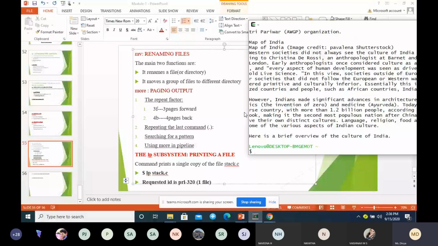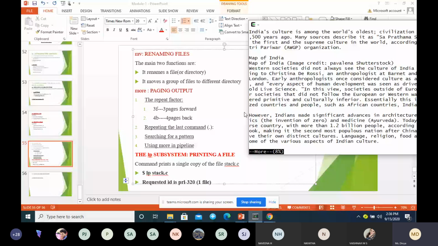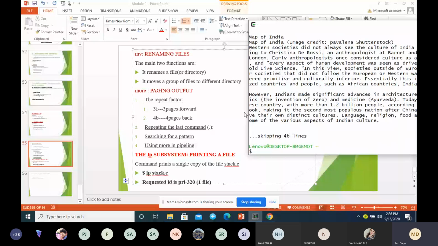Look at this. I will press 2F. This is the change in the percentage. It was at 8%, now it is at 58%. Again I press 2F, and it has reached the end of the file.